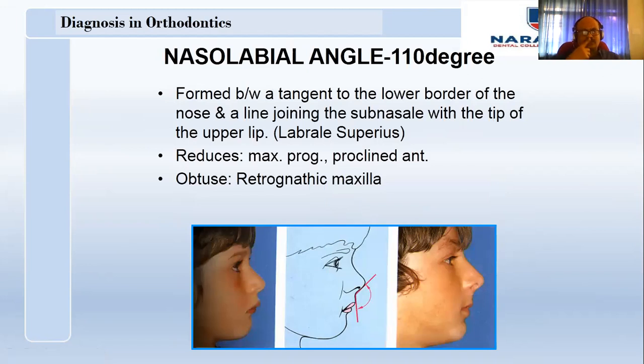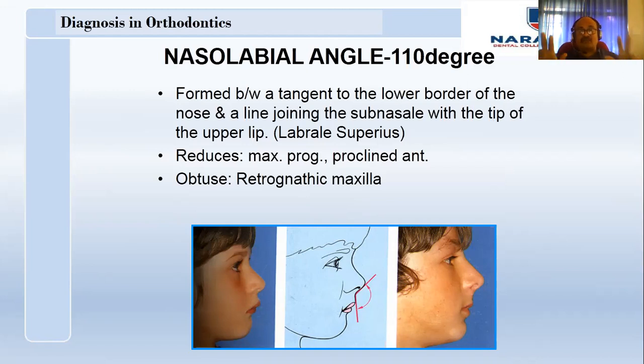Next comes your nasolabial angle. How do you know that the lips are protruded by the incisors? By measuring the angle between the base of the nose and the upper lip. This angle is called the nasolabial angle. Usually it is 110 degrees. If there is proclination of incisors, this nasolabial angle gets decreased. So you can tell why the incompetent lips have developed in the patient: it is due to a decreased nasolabial angle. The proclination of incisors resulted in a decrease of the nasolabial angle.